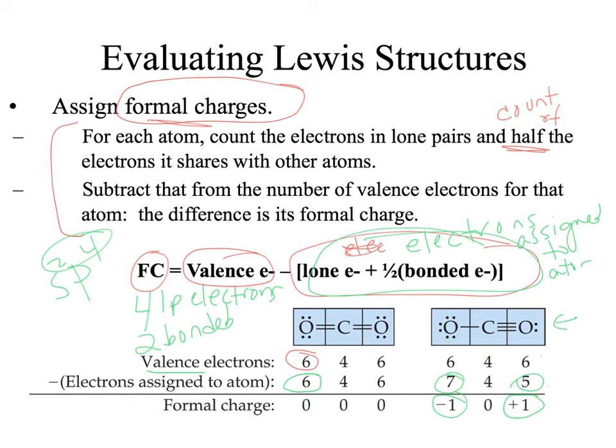But we're going to say that this structure is more likely because its formal charges are all 0. Your more likely structure is going to be the one with formal charges closest to 0. So this is more likely to be the real Lewis structure. This is less likely. You could also tell this experimentally. This bond would be much shorter than this one, so that would be another way to decide if this was the correct one. So we know from experimental data and also the formal charges that this is the more correct